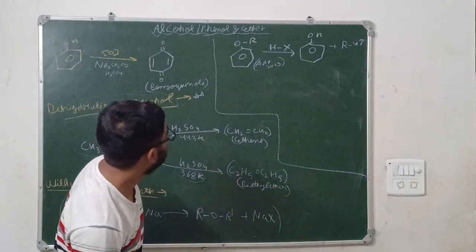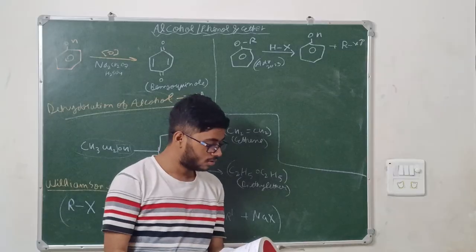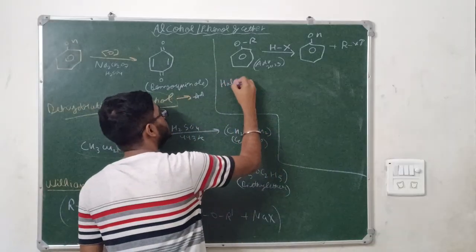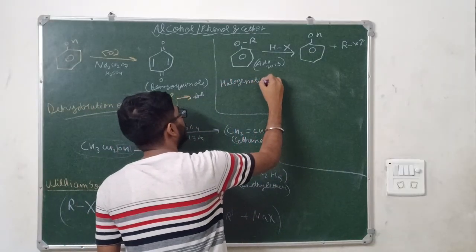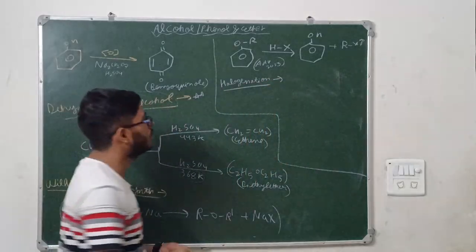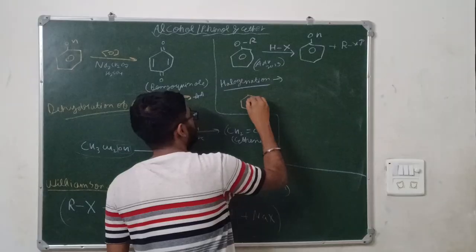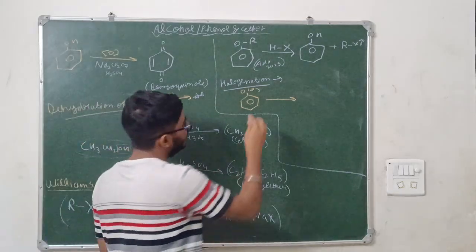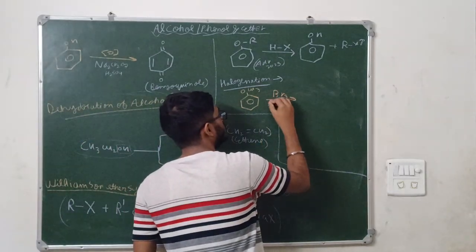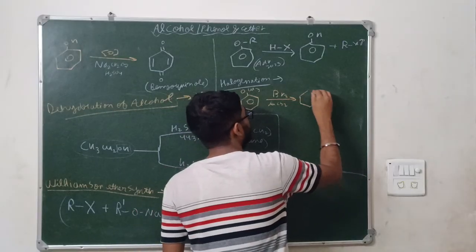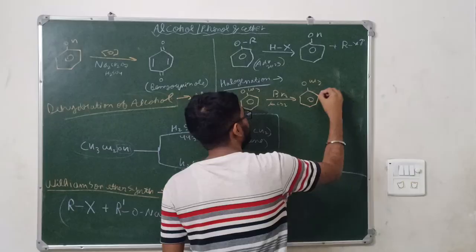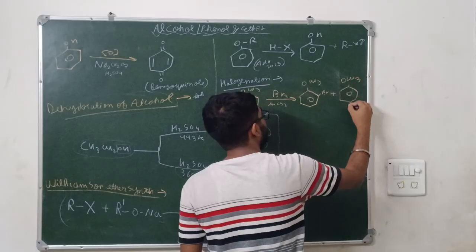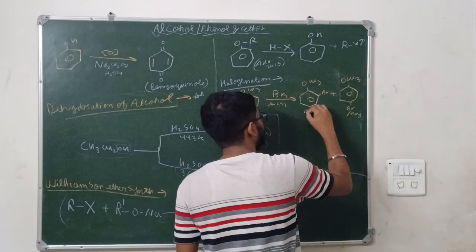Now, moving on to the last segment of the reaction, halogenation. Like if you take anisole, what is anisole? See, OCH3, and you add what? Halogenation means Br2, anything you can add. If you add Br2 in CS2 here also, so what will it make? OCH3 with Br at ortho and OCH3 with Br at para. This is major and this is minor.